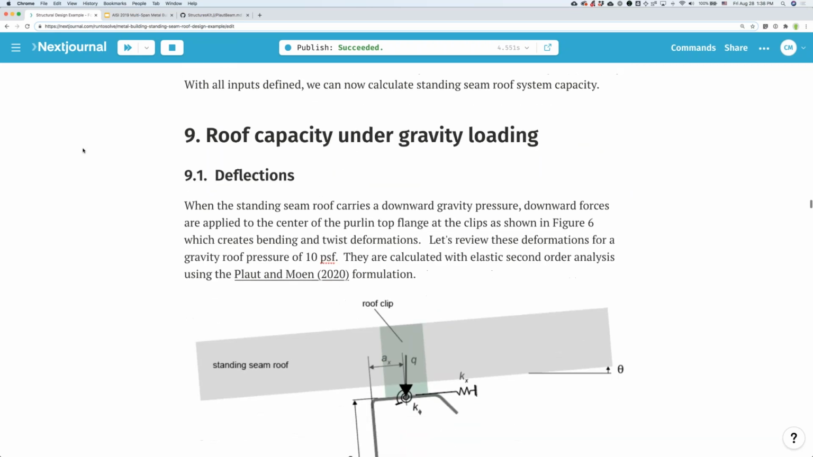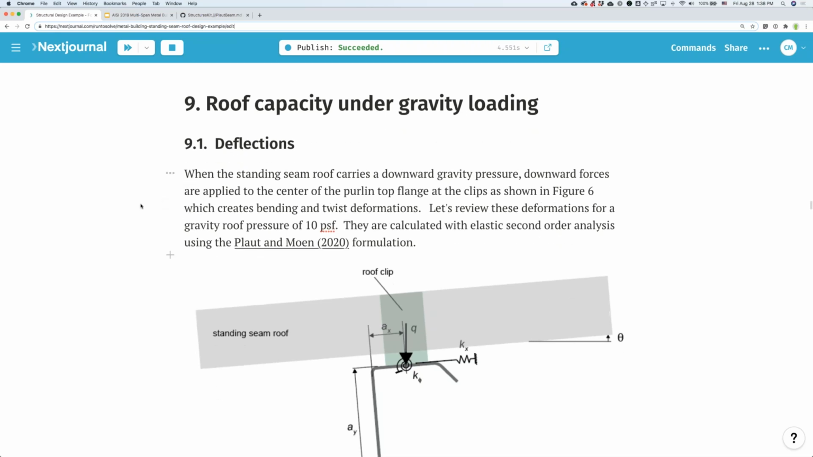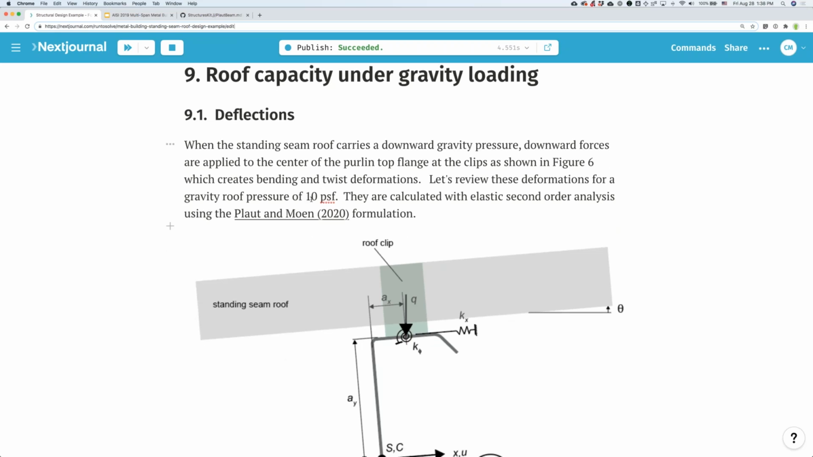And so let's determine the roof capacity under a gravity load. First, maybe it's useful to just look at the deflections. I put this in here just for you all to get accustomed to what the Purlin wants to do when it's loaded in a gravity situation. I picked an arbitrary load of 10 PSF,